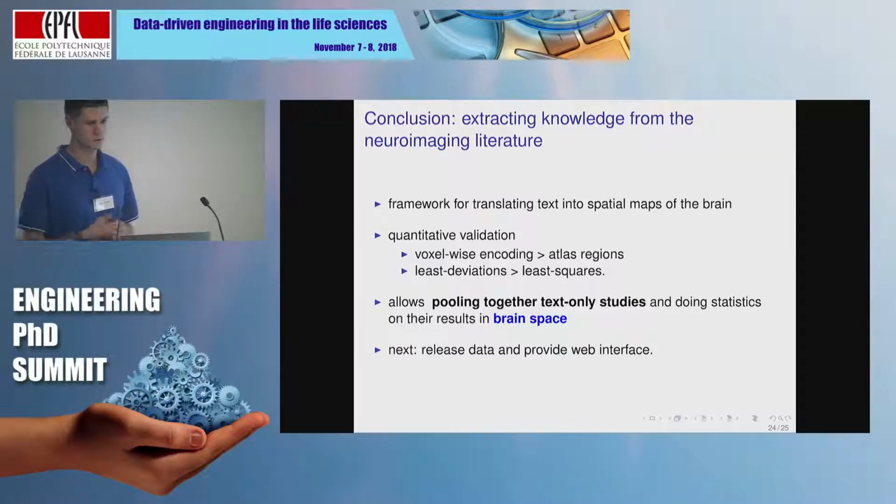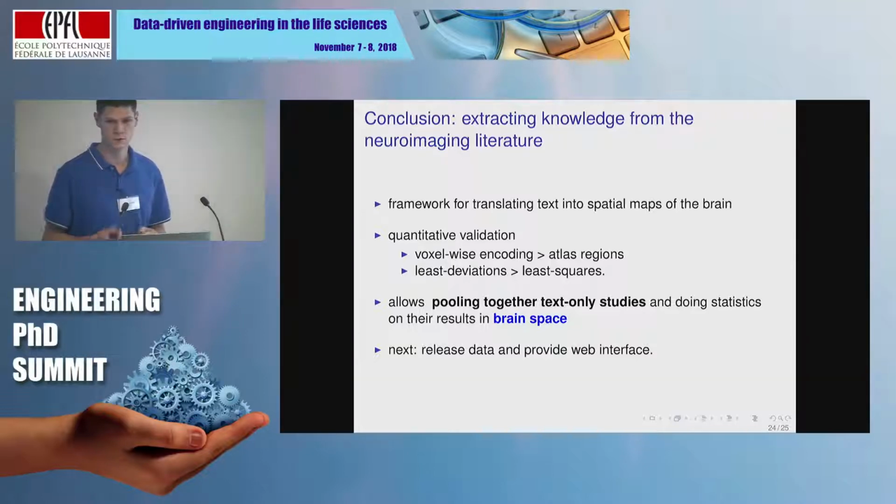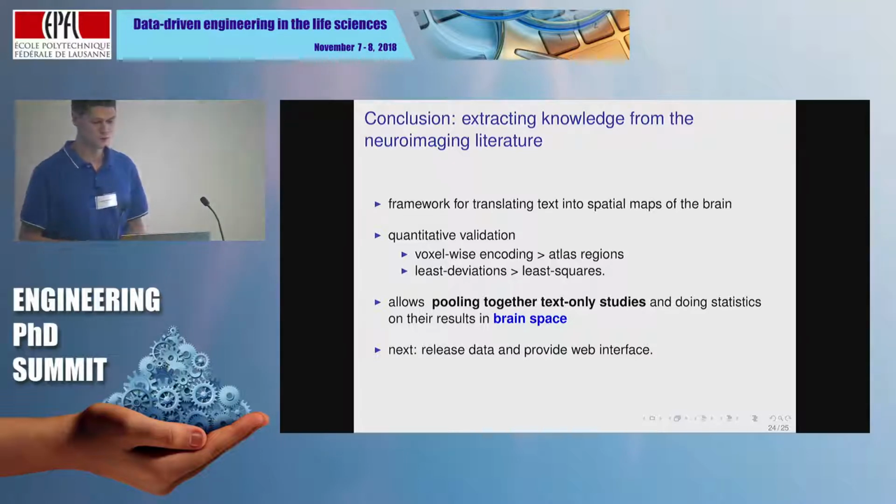It seems on a few examples that this enables us to pull together many studies for which we only have text and the imaging data is not available, and see where their findings agree and which brain regions are relevant for a certain context. And we are working on improving our representations for documents, and also next we want to